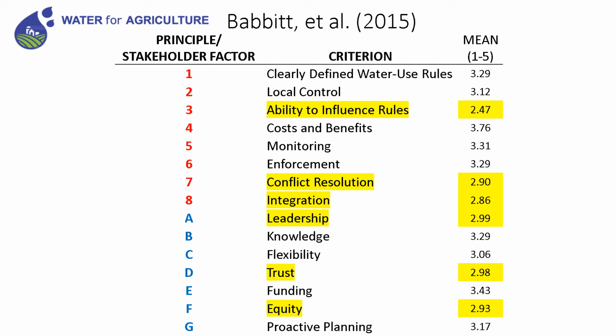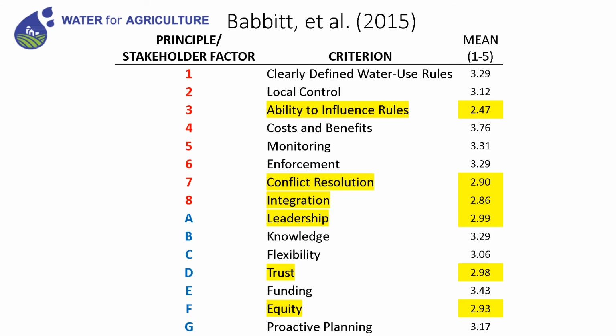So if you see on this table, the first principle, clearly defined water use rules, in the 2015 study, again the data was collected 2 years after the first IMP, Integrated Management Plan process, was conducted. They generally agreed that there were clearly defined rules. However, the ability to influence rules was generally disagreed. Adequate conflict resolution, integration, and leadership was also slightly considered to be in disagreement by the participants, as well as